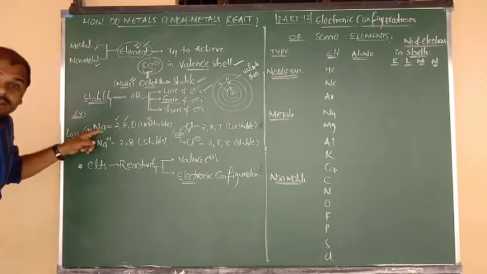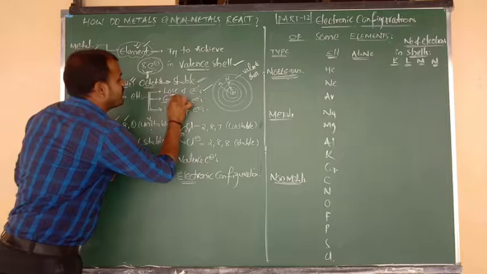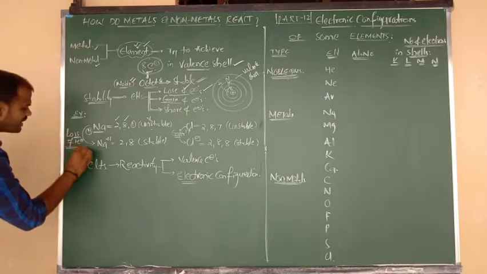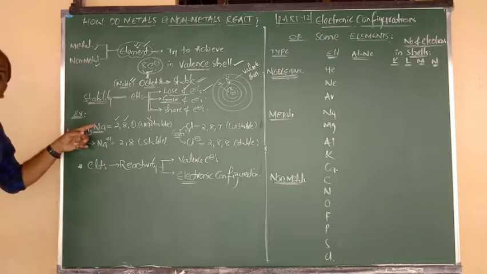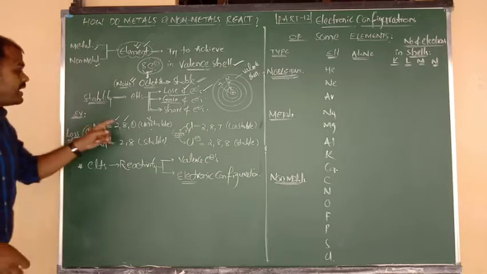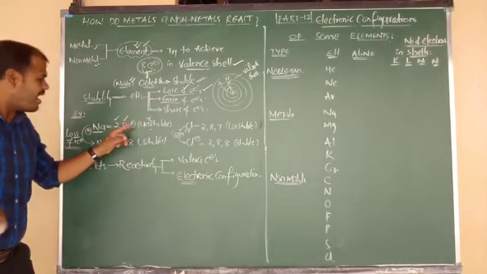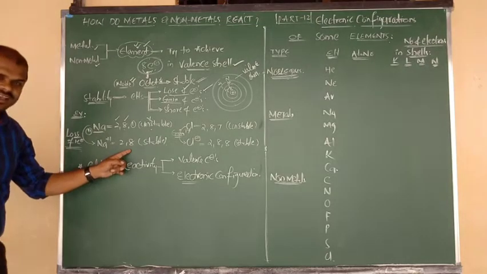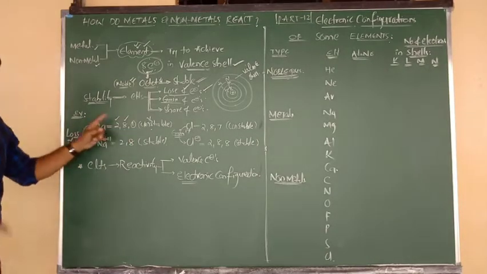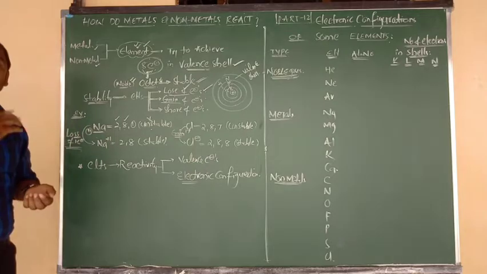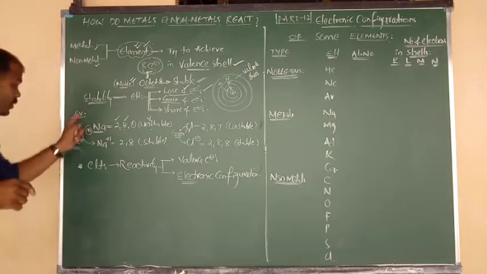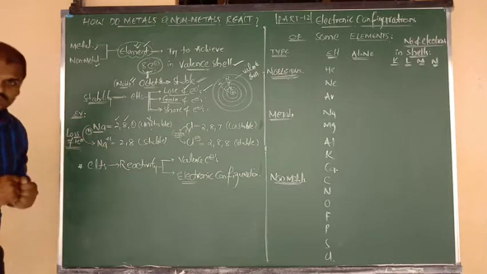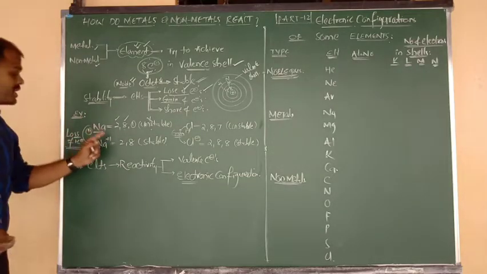So to get stability, sodium undergoes a reaction, nothing but the loss of an electron. Sodium loses 1 electron, removing that electron from the outermost orbit. After the loss of that electron, only 2 and 8 remain. And after the loss of 1 electron, sodium gets a charge of plus 1, because of its donating nature. It donates 1 electron, so Na becomes Na plus. The sodium atom becomes a sodium ion.